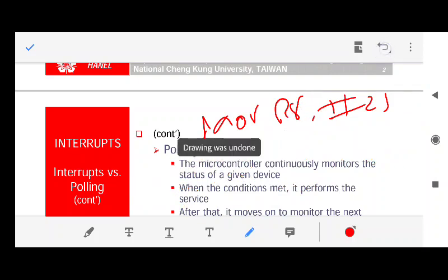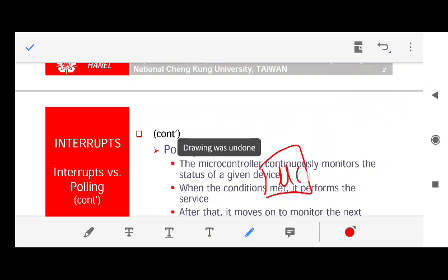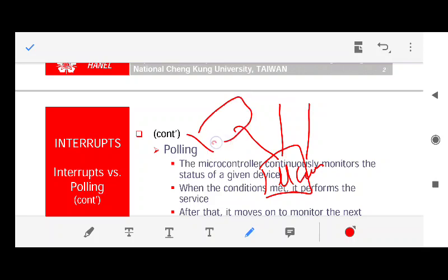Another way of polling which I am trying to tell is this: this is your microcontroller, connected to n devices, and whether a device wants to communicate with this microcontroller or not, one of the ways is polling. And what is polling?